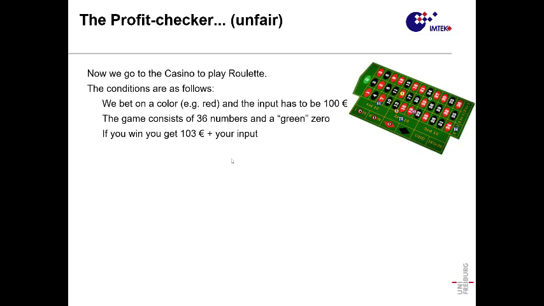So let's say that you play the roulette in the casino. I think everybody knows how the roulette works, but basically you have this board with a set of numbers, and the numbers are divided in colors, red and black, and there is one number, the 0, that is green. So you have 3 colors actually.